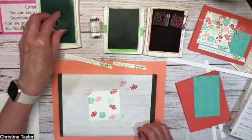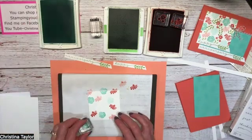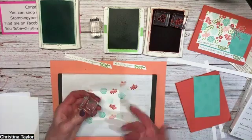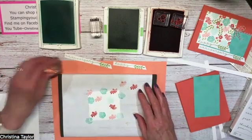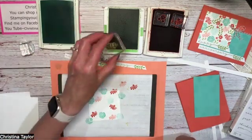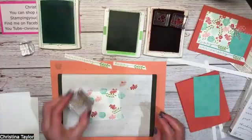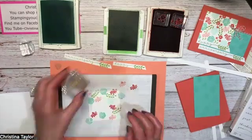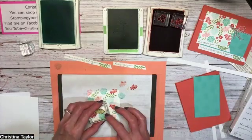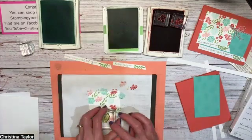Okay. And then I'll do a little bit of dark there. Just going to bring in little pops of the color and just doing the edges because I know I'm going to get a funkiness if I don't clean it off. Okay, now I'm going to come in with some greenery in here. This is really about just creating a color template and the images that you want. There's no right or wrong way. I'm just filling in the white space